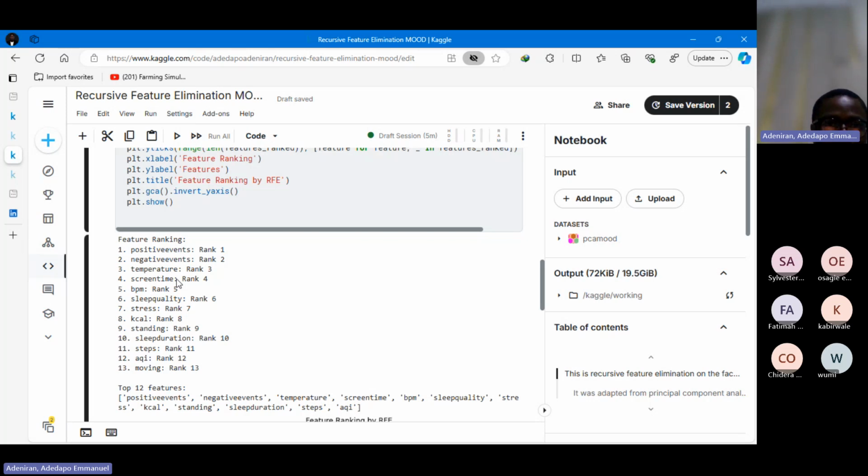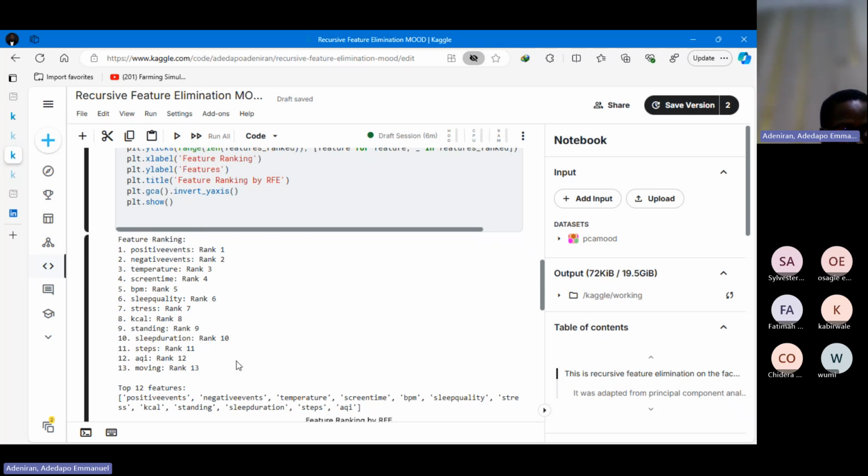So the time that you're spending on your phone can also have a particular effect on your mood. Blood pressure, that is beats per minute, also has an effect, and sleep quality also has an effect. Stress also has an effect on your mood. So with this particular feature ranking that we have here, we can begin to eliminate features that are of least